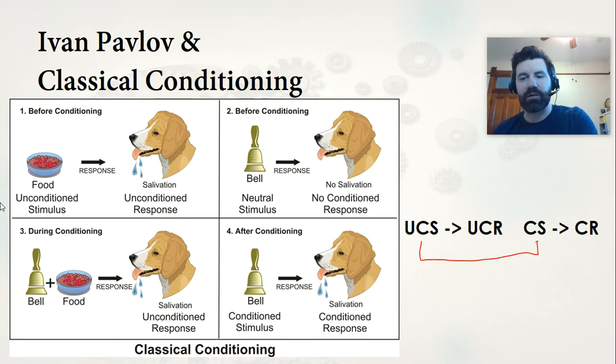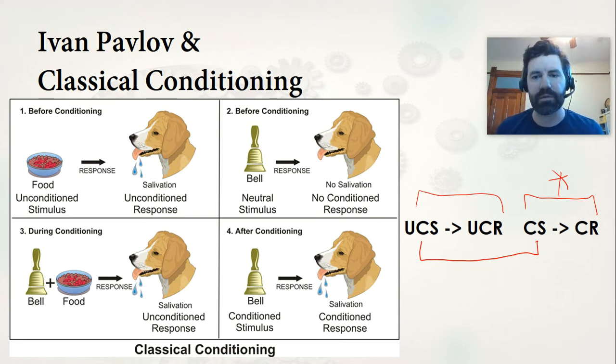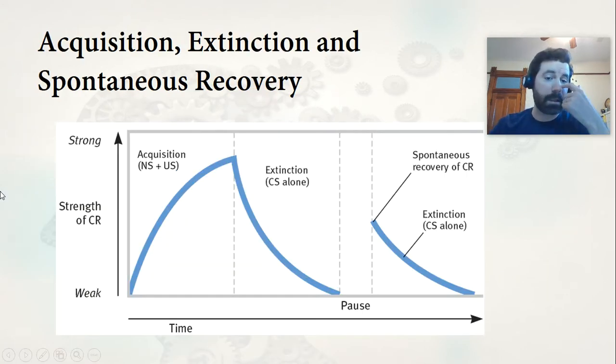And so, back to my formula here, our unconditioned stimulus is going to produce an unconditioned response. These things happen naturally in the world. A conditioned stimulus will produce a conditioned response, but that has to be learned. And the only way for that to take place is, again, to pair together the stimuli. If you pair together food, which is our UCS, with a bell, which will become our CS, then over time that bell will produce a dog starting to salivate. So let's look at this chart here and how this works.